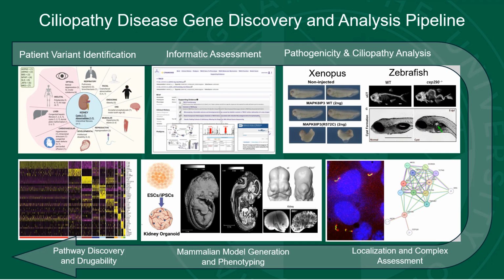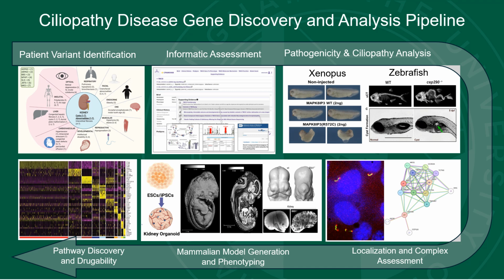If you were to summarize my research program, we are very interested in the patient, starting with a candidate ciliopathy disorder. We identify the variants in that patient. We then do an informatic assessment to determine whether that variant is likely pathogenic and the likelihood that the gene impacted by that variant encodes a cilia-associated protein. We test pathogenicity by expressing the variant and the control in Xenopus embryos and determine the impact that it has on Xenopus development. Shown here is an example for